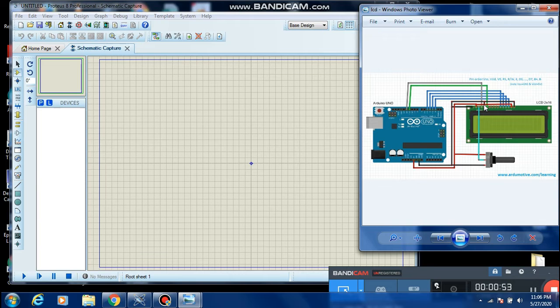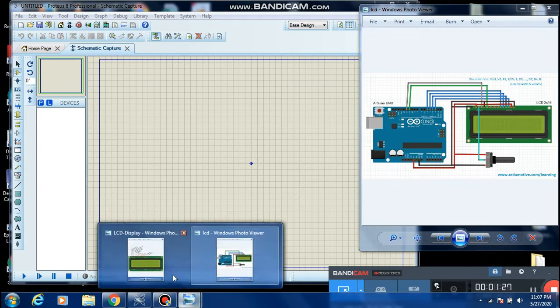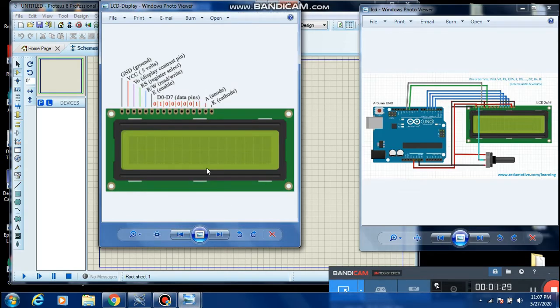Since most of our Arduino projects will be using a display for the actual display of any of our parameters, right? For example, we have connected a sensor, then we can read the sensor through our Arduino Uno and then display it on our LCD display. So I chose this project in order to simulate this in my Arduino Proteus simulation software. I would like to show you before connection